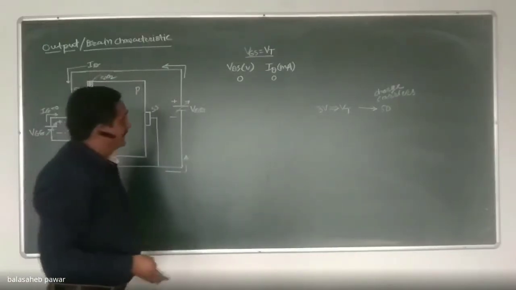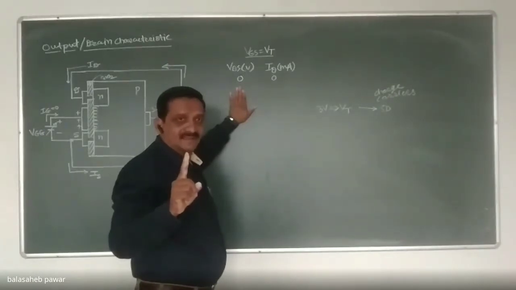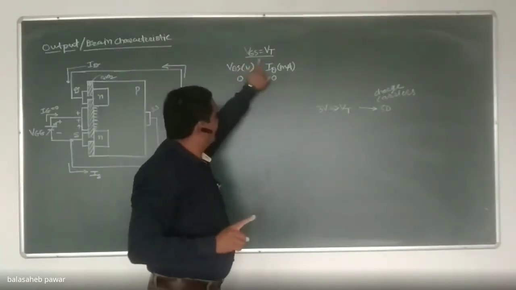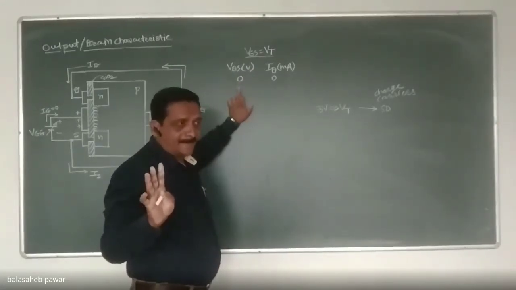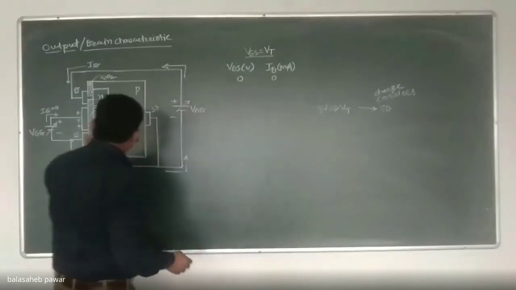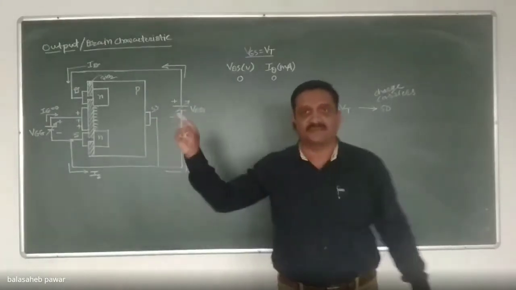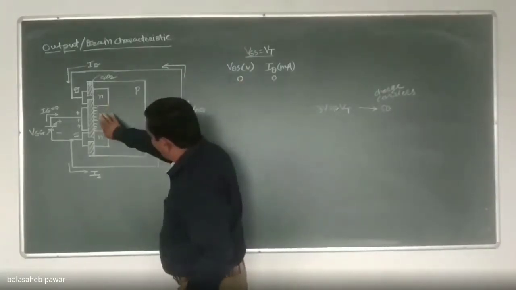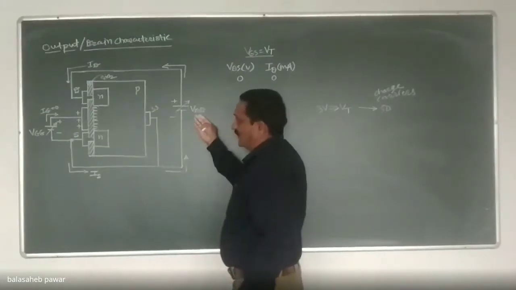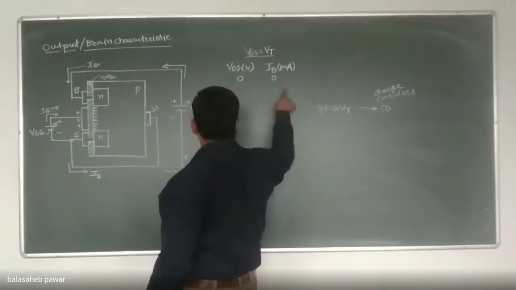First of all, when VDS will be non-zero, ID will be non-zero. Do you agree with this? In this case, when VGS equals VT and VDS is non-zero, ID will be non-zero. Am I right? Yes, because that thin channel is already formed between drain and source by VGS equal to VT, right? Now, even if that channel is available, if the applied voltage for the flow of current is at zero, current will be zero. That's why the first reading we will take again when VDS equals zero, ID will remain zero.